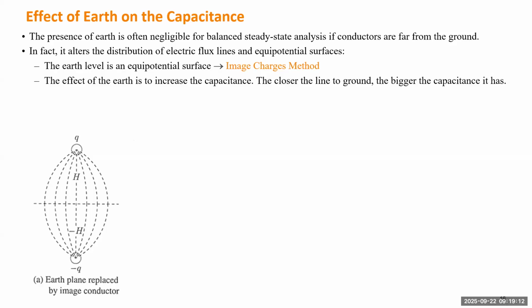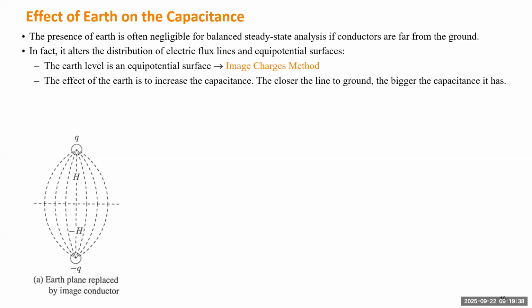So we can get rid of the ground surface, and we add another conductor with exactly the same value of charge but a negative sign. Because when you put Q and negative Q in space, on their middle surface there will be zero potential,